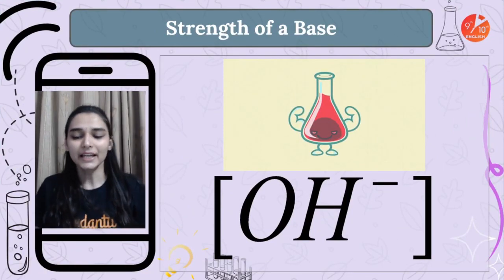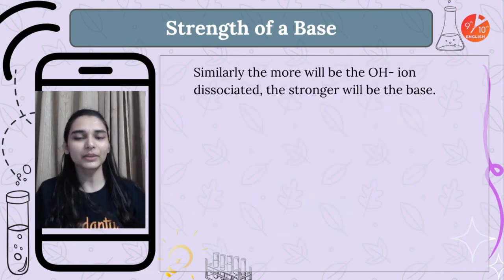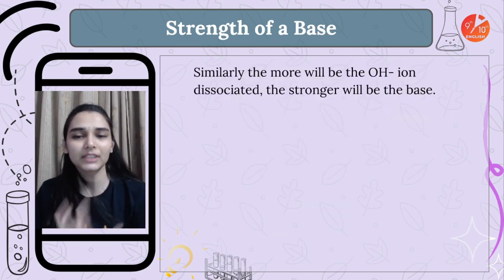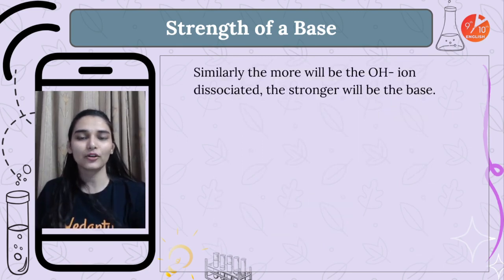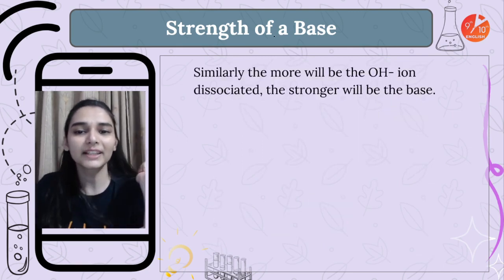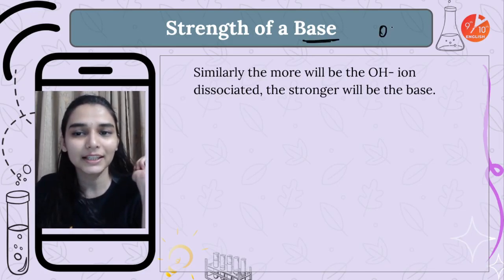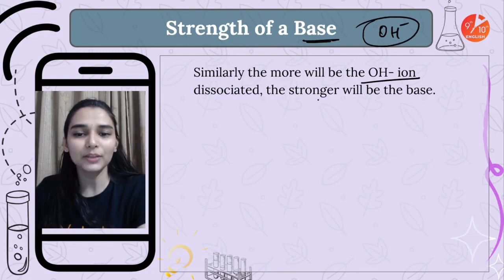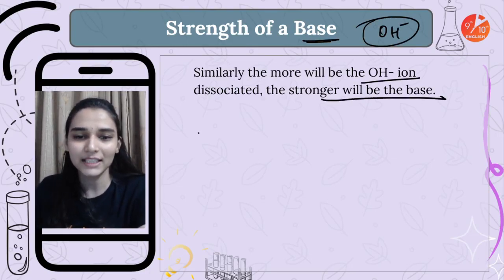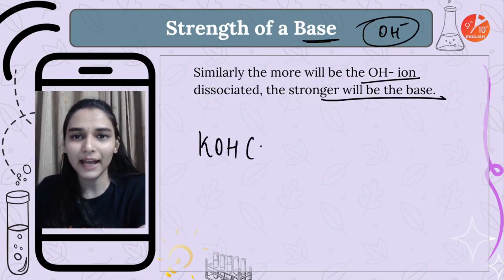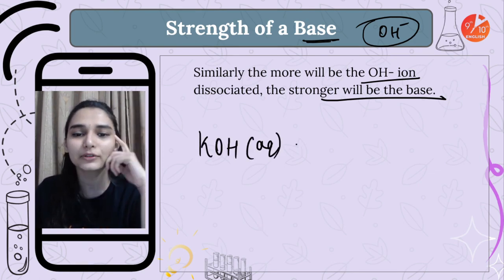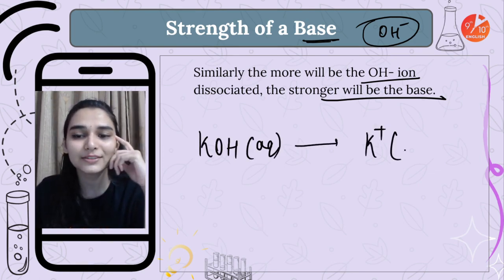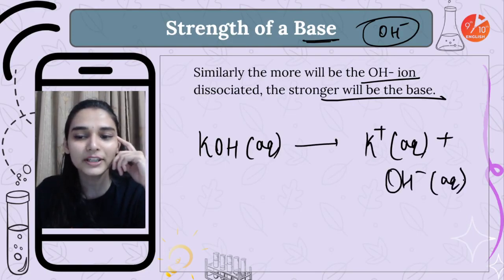Let's start. Strength of a base is also very similar. Just like the strength of an acid depends on the number of H+ ions or hydronium ions, similarly a base according to Sir Arrhenius gives us OH ions in water. So more the number of OH ions in water, stronger will be the base. If you talk about potassium hydroxide, you are taking 100 molecules of it, then all of them will dissociate to give me potassium ions and OH ions. So the OH concentration will be very high, it is a strong base.